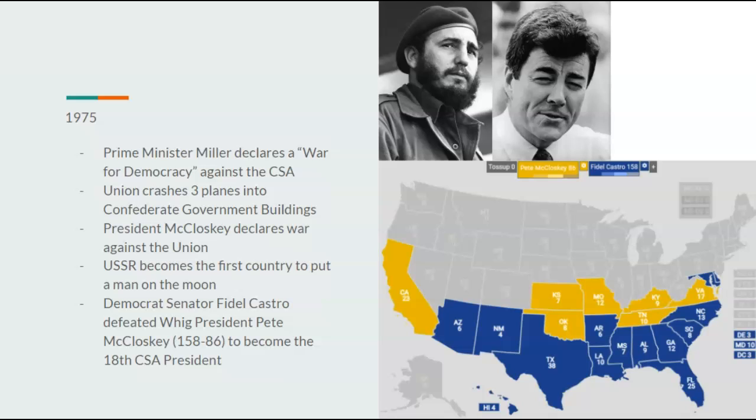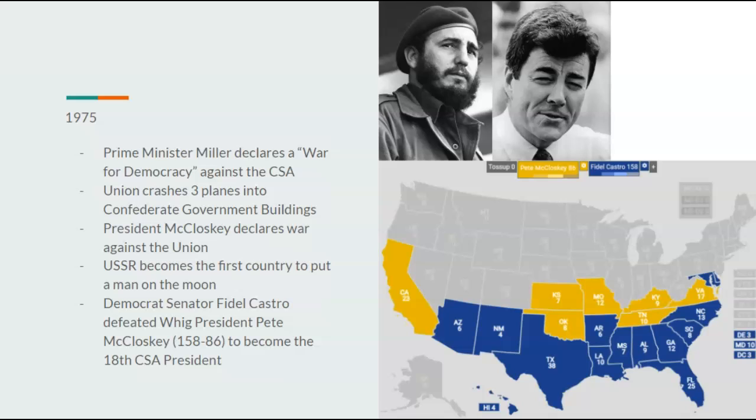1975, Prime Minister Miller declares a war for democracy against the CSA, even though the Union is no longer a democracy, it's a dictatorship. A dictatorship with democratic proceedings, essentially. And therefore, Prime Minister Miller